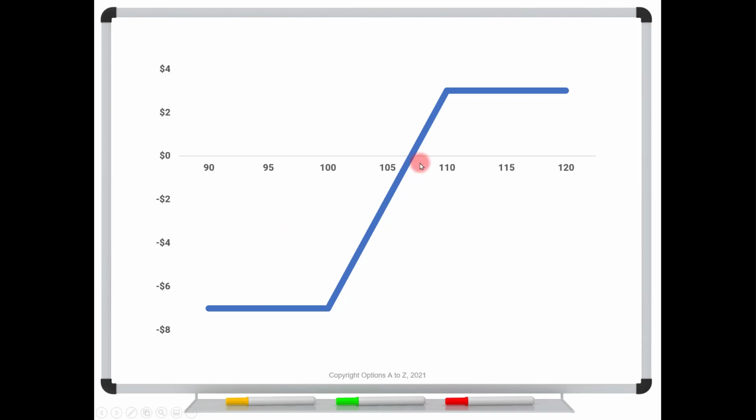Well, one way is to go back to our vertical spread. Yes, we received a $3 credit, but if I want to look at things in terms of debits, I would have to say synthetically I bought the call spread for 7. Right? We've talked about this relationship before. If the put spread is selling for 3, the corresponding call spread must cost 7. So even though I received a credit of 3, in my mind, I'm visualizing this as though I spent 7